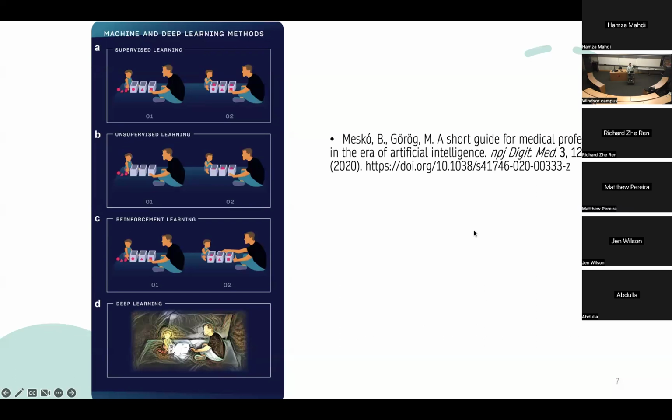And then the last keyword here is deep learning. Deep learning can apply to any of these learning paradigms that we talked about. It's essentially just a modern way of thinking about AI. It's not really modern. Deep learning was actually invented in the 80s and 90s, but it only took off in 2010 and beyond because we had better computers, essentially.